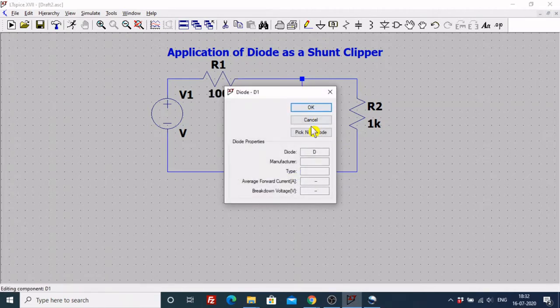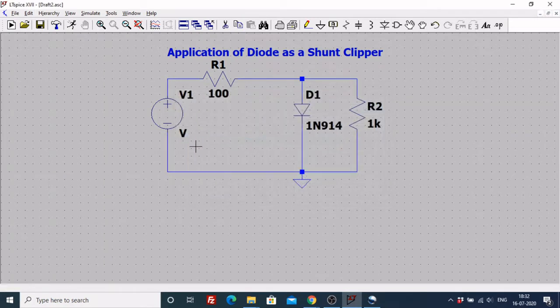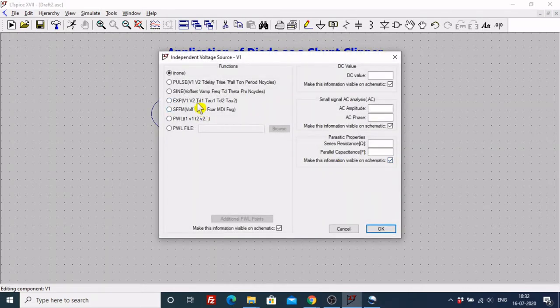For the diode, we pick up the same diode that we've been using till now, that is 1N914. Go to your voltage source, go to advanced. Now for the previous experiment, we had used a sine wave. Over here we will be using a square wave. So for square wave, you go to pulse, V initial. I'll allow the initial voltage to be minus 10 volts, V on to be plus 10 volts. A time delay. So initially I am going to have my signal off, so a time delay